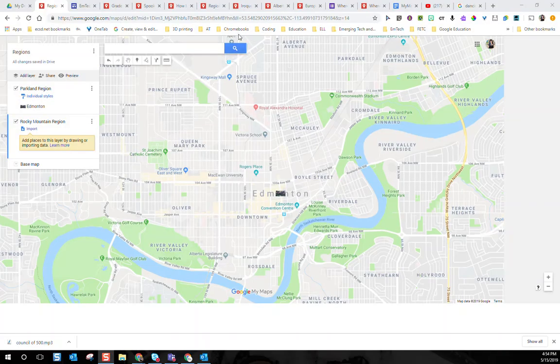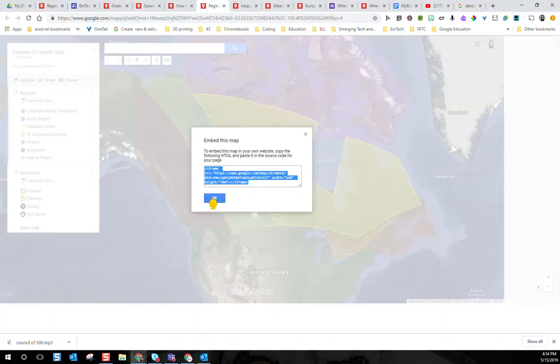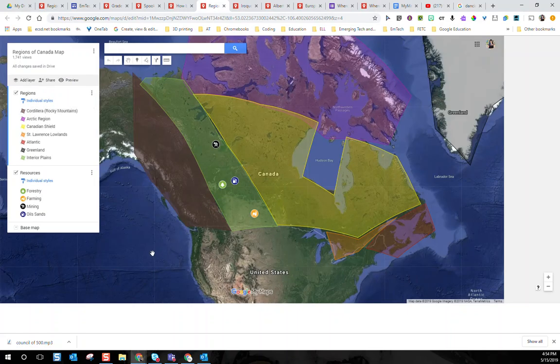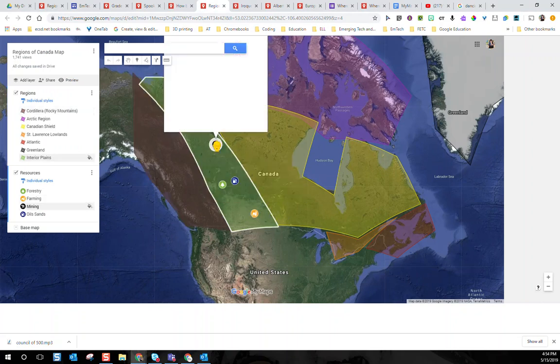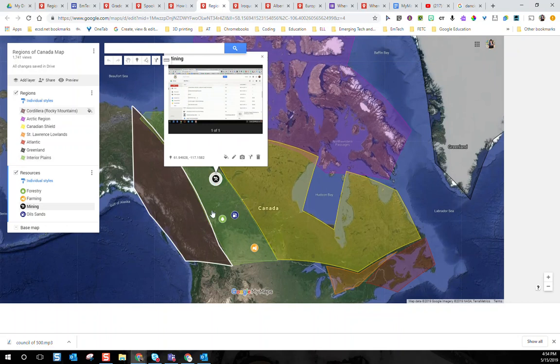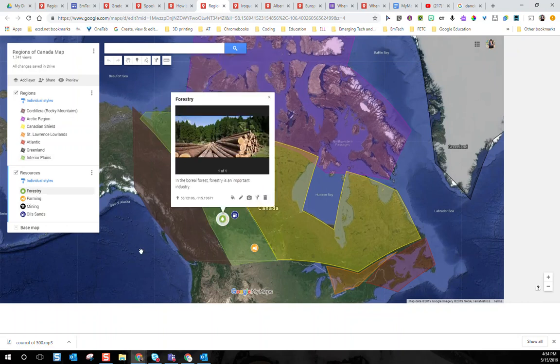So I'm going to show you a couple of my maps that already have those shapes embedded on them, so you can see. Those shapes can be things like lines, or they can be complete polygons that you've created just by drawing. So we'll take a peek at some of these. This is a great regions of Canada map from Darren, where you can see the different regions of Canada, and then of course those markers with the information, and you can see the different industry markers on here that the kids can click through.